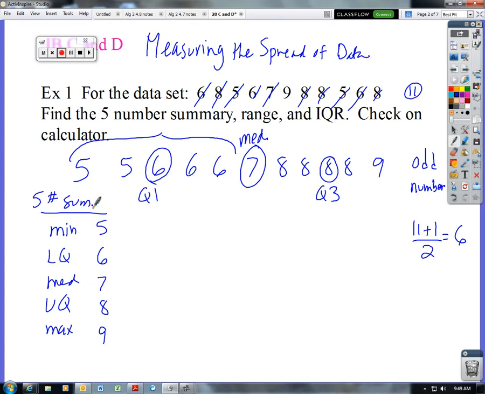Then we want to find the range, so that's simply going to be the max minus the min, 9 minus 5, which is 4. And then the IQR is the upper quartile minus the lower, so 8 minus 6, which is 2. And now to check this on the calculator,